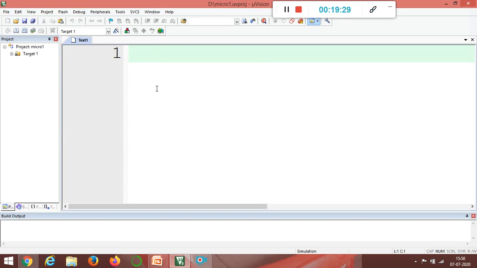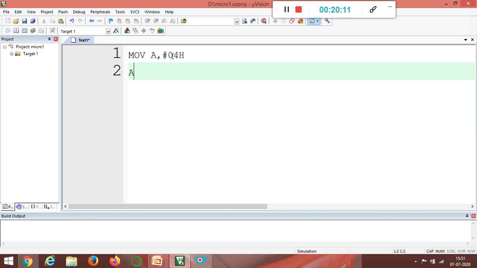Okay. So let us take a simple addition program, adding two 8-bit numbers. I already discussed how to write it with declaring and without declaring the instruction. Let us take the first one, MOV. You can write in capital or small letter. Let us write in capital: MOV A, #04H. I write H because I am declaring this value is a hex value. The first instruction moves immediate data 04 into the accumulator.